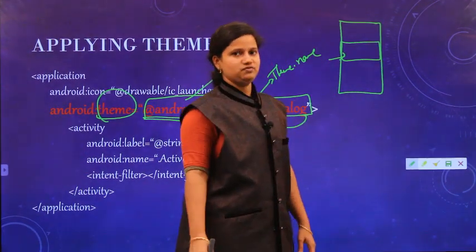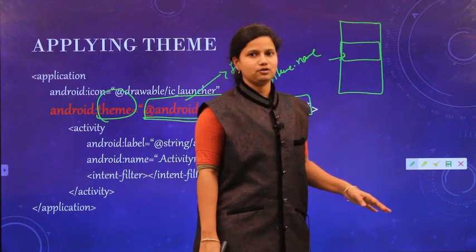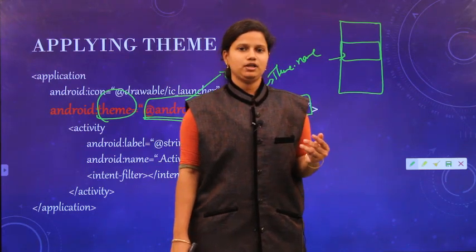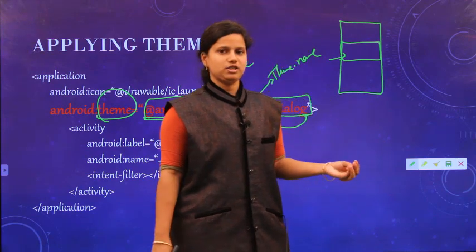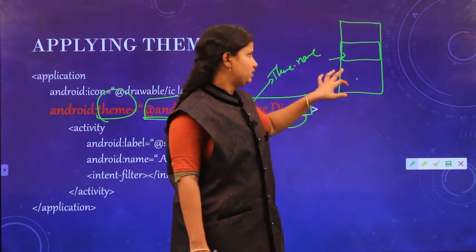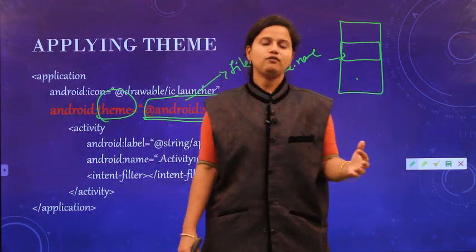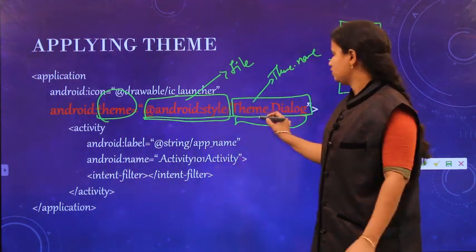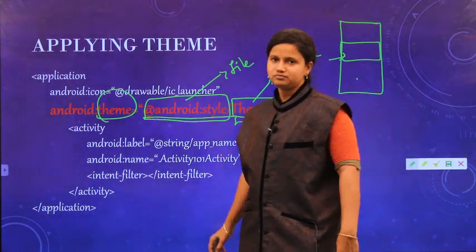So in this situation we use dialog themes. What is a dialog box? If you give a warning message, like "Do you want to close this application?", you do not require your entire activity space. You only display a prompt to show the dialog. In the same way, I want to apply a theme in the form of a dialog, so I want to apply Theme.Dialog within this application.